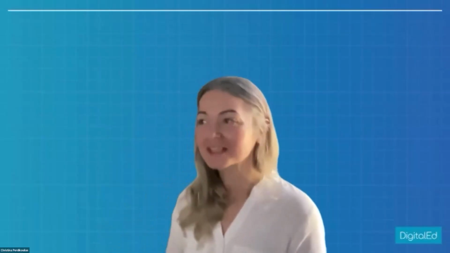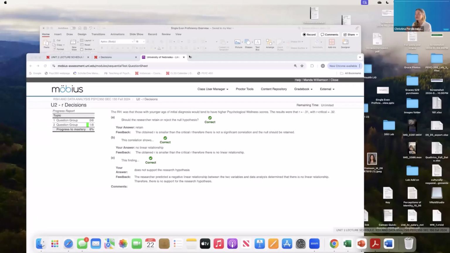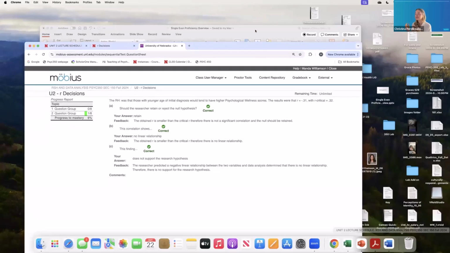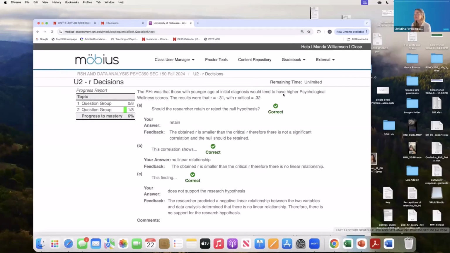No, it was another question that I saw, and it was literally about Mobius. I don't know if anybody is interested in seeing how the single event proficiency looks in terms of the interface and how you figure out. I think it's very related to what David's asking. So as you move to what you're going to show, I can definitely tap that into it. The question he had asked is around feedback, but also using it to foster classroom collaboration, cheating, all the different pieces that you had talked about, Cal.